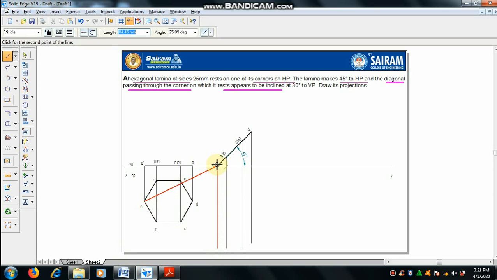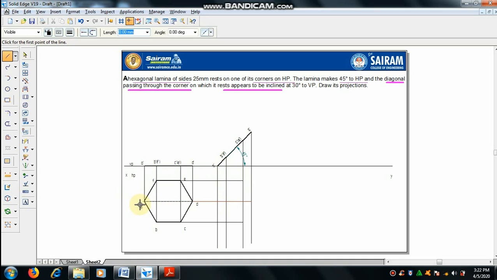Now from A to A dash where it meets, from B and C, check B and B dash where it meets, C and C dash where it meets, like that we have to make it. So B to B dash, C to C dash, D to D dash, E to E dash, F to F dash.